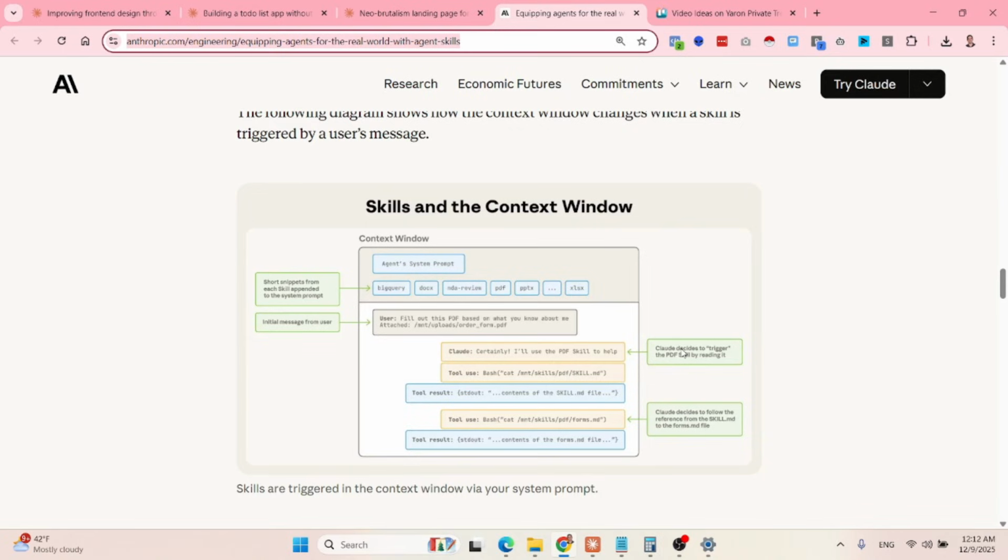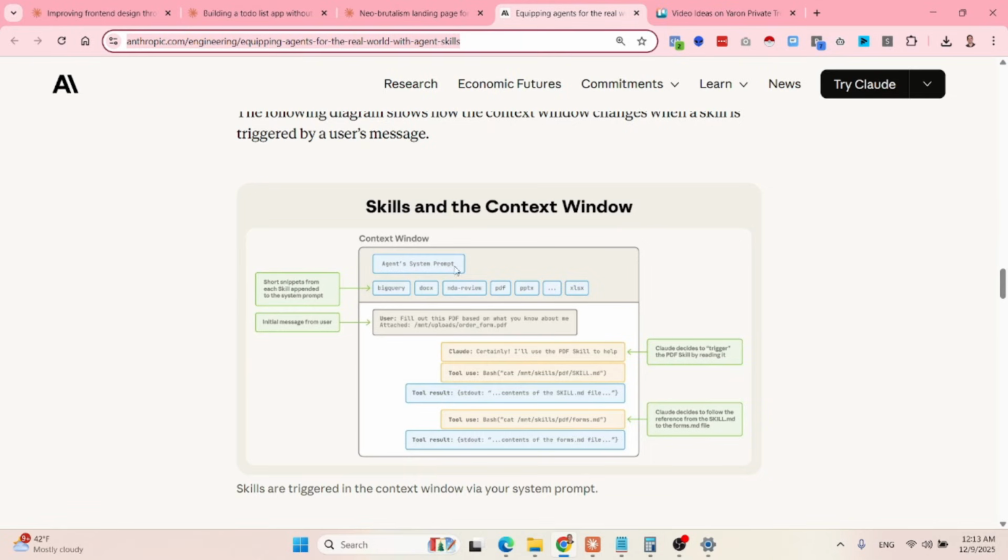So basically the context and the guidelines of the skill are not moving with you in the conversation in the system prompt, but they are being called on demand. As you can see here, Claude decides to trigger the PDF skill and reads it. So this is an example of the user wanting to trigger a certain skill, and on demand Claude triggers that